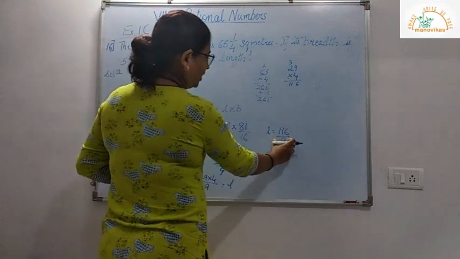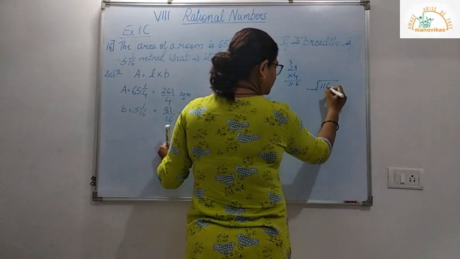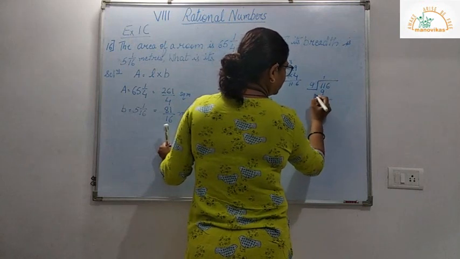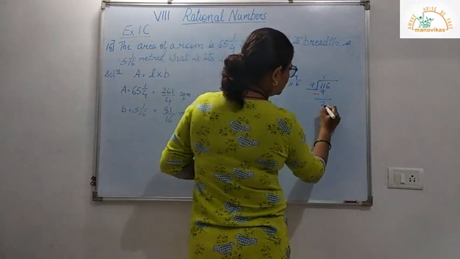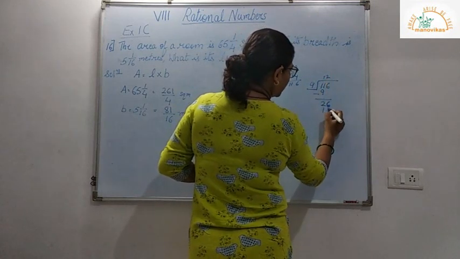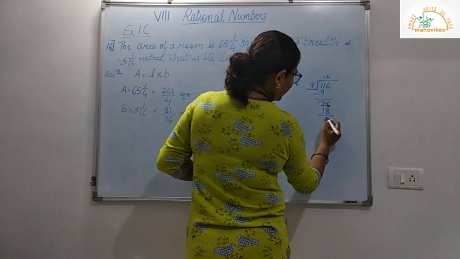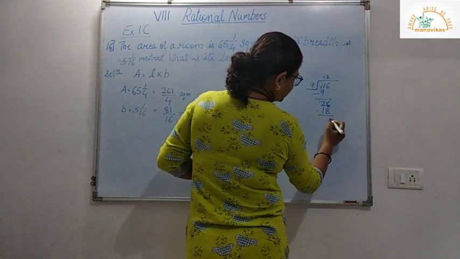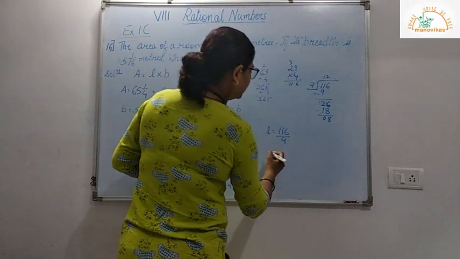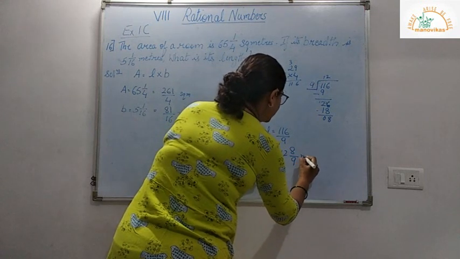So let us divide this and write it in a mixed fraction. So I divide 116 by 9. So it is 9 ones are 9. Subtract, 2, 6. So here 9 twos are 18. So I carry 1 here. So I get 16 minus 8 is 8 and 1 minus 1 is 0. So my mixed fraction is here, that is 12 8 upon 9 meters long.